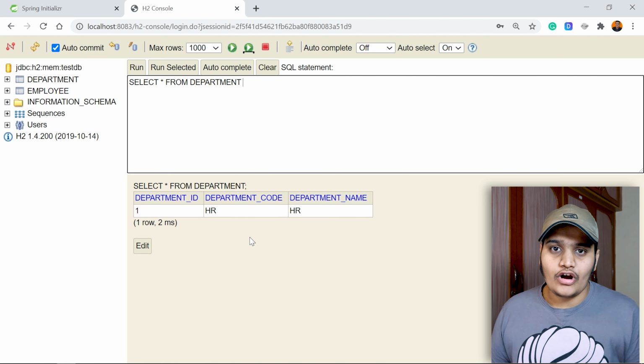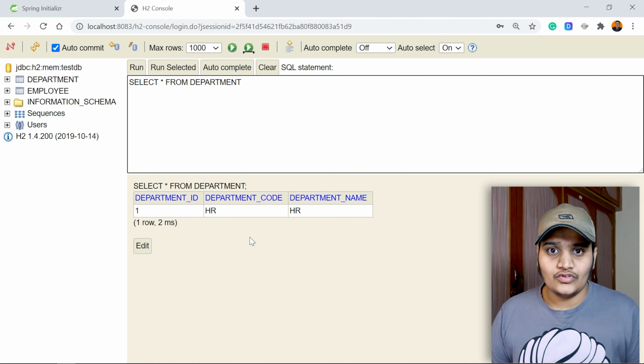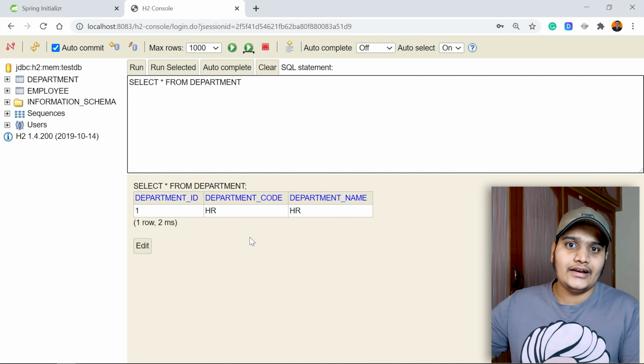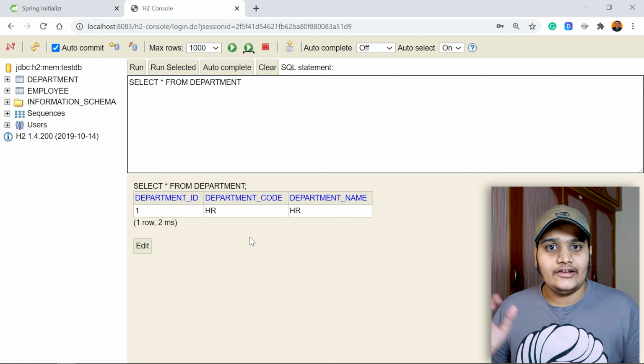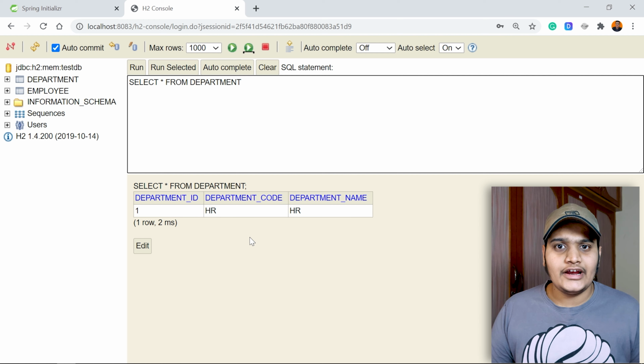So this is not what we want, correct? Because halfway through, if the transaction is not successful, if the entire request is not successful, I don't want to save the data. I need to roll back the entire transaction. And if everything is successful, then only I want to commit my data. So now let's go to IntelliJ IDEA and we will use the @Transactional annotation at the service layer and we will see the magic.